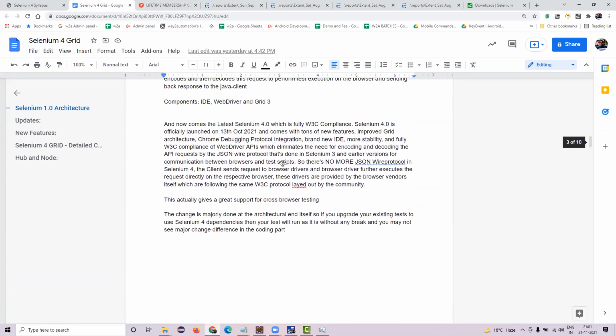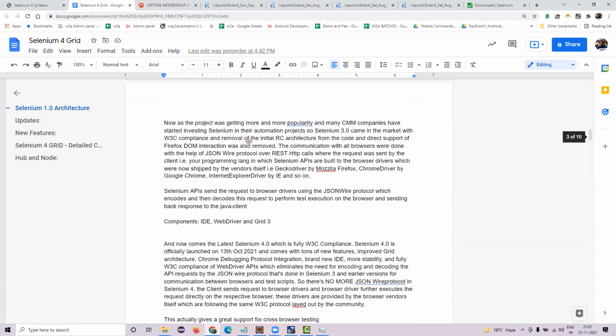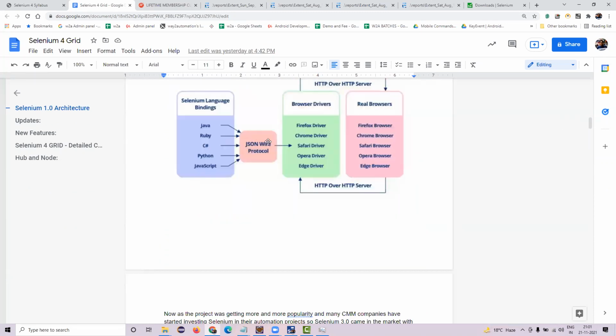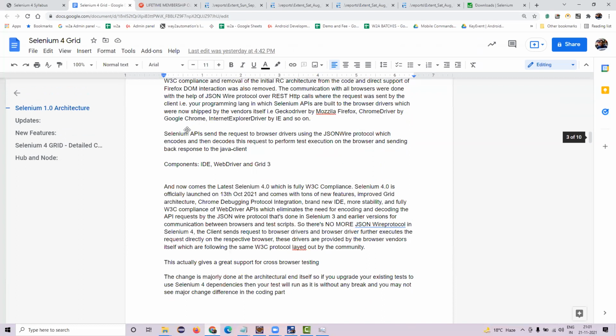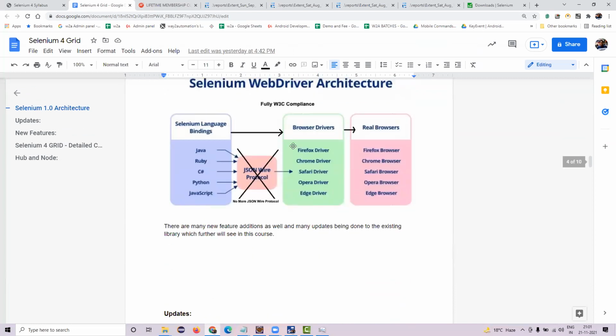Earlier, the request was first encoded and decoded with the help of JSON wire protocol and then sent to the browser. Now there is no encoding and decoding done. So now the requests are directly sent to the browser driver and the browser driver directly executes them on the browser. So that is the reason why,